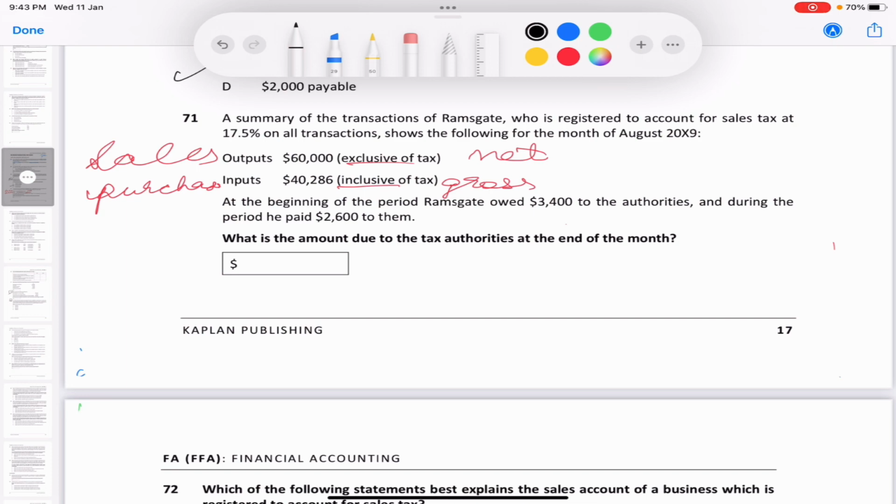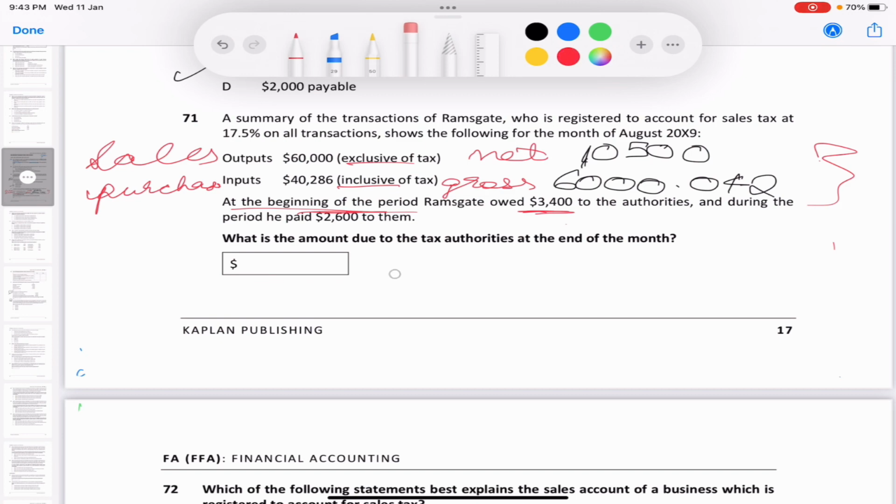Okay. So you get the output tax to be 10,500 and you get the input tax to be 6,000.042. Okay. Let us keep this aside. Now let's go to the question. At the beginning, Ramsgate owed 3,400. So Ramsgate anyway owed 3,400. Okay. Out of this money, he had paid 2,600 to them. Okay. Which means